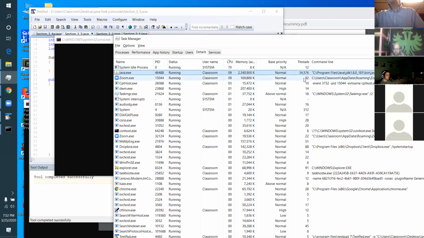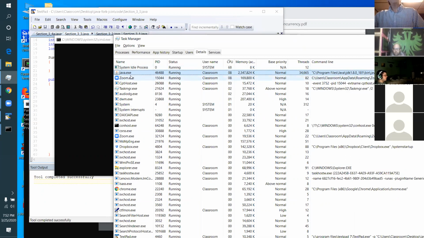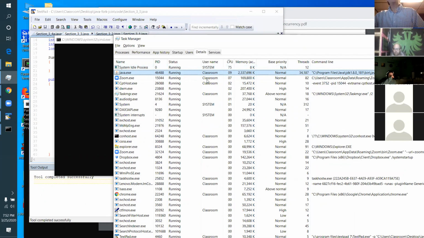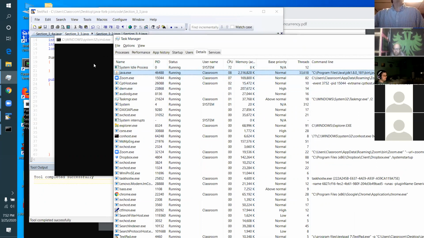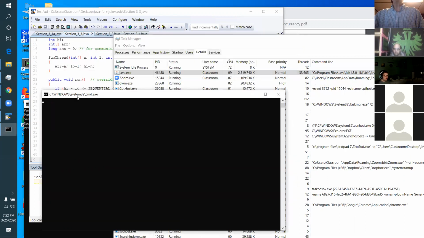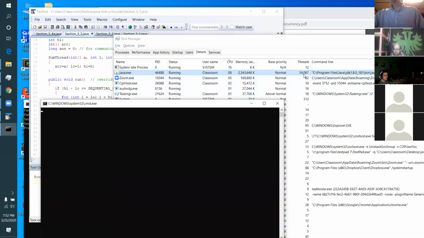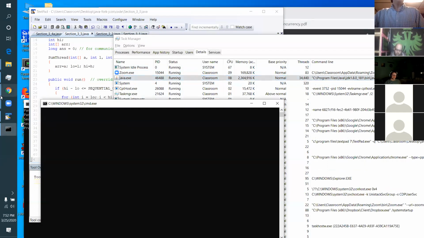Okay, so just run the code on your machine, watch it in Task Manager, watch how the threads grow and shrink, and then run the fork join one, and you'll see the fork join one doesn't create a growing number of threads. The fork join one will be a static number of threads. Okay, so